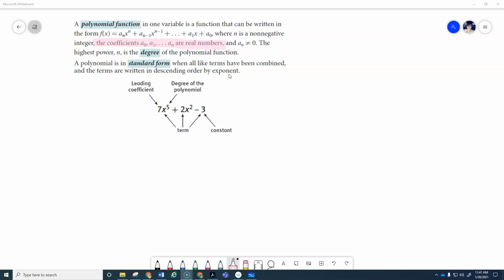So we learned that the exponent on the variable has to be a non-negative integer, but what about the number in front of the variable? What about the coefficient? The coefficient, this little n right here just simply means that this is the coefficient for this term. This is the coefficient for this term. This is the coefficient for the term that has an exponent of 1. This is the coefficient, because remember, if I have